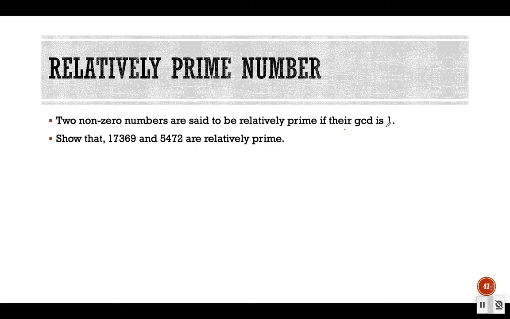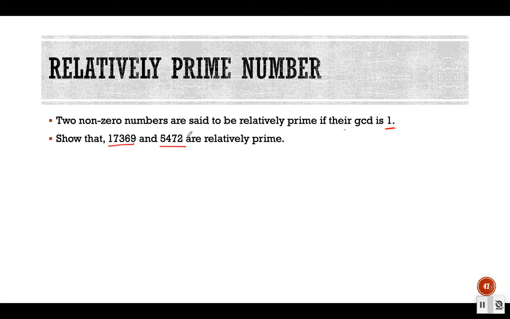What that means is that two non-zero numbers are relatively prime if they do not have any common factor other than 1. There is no other common divisor or common factor that divides both numbers. So the largest common divisor that divides both of these numbers is 1. Say for example